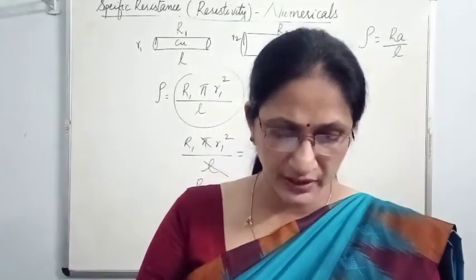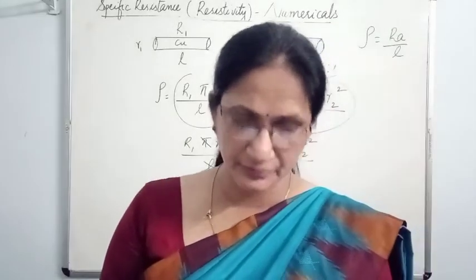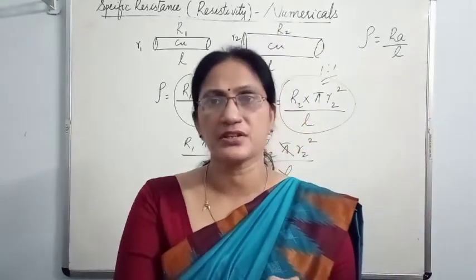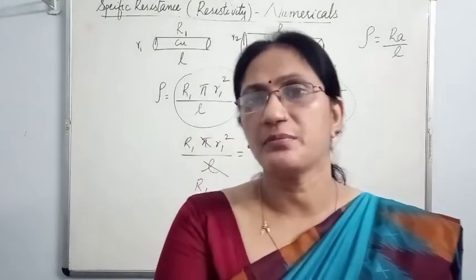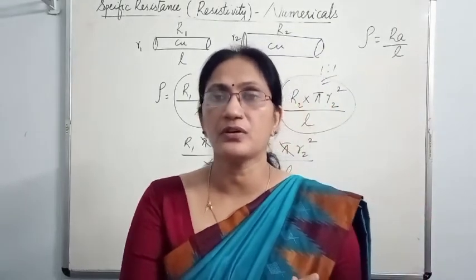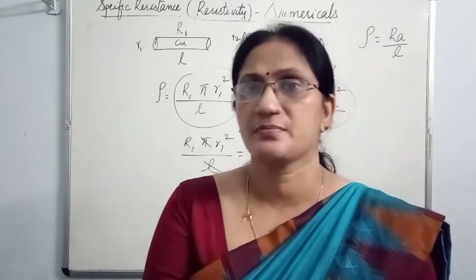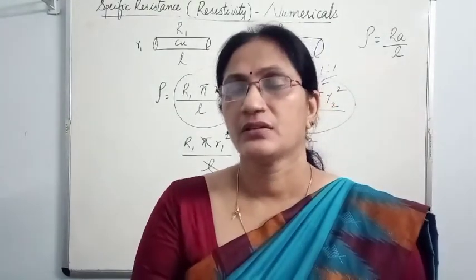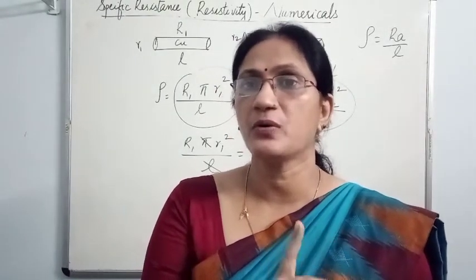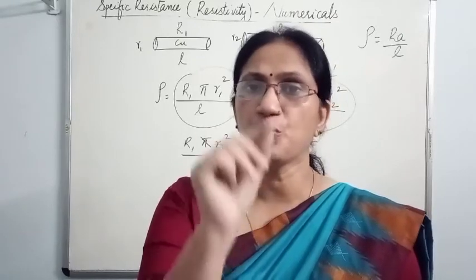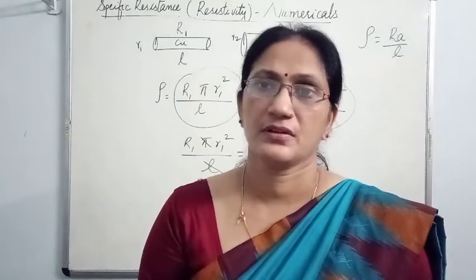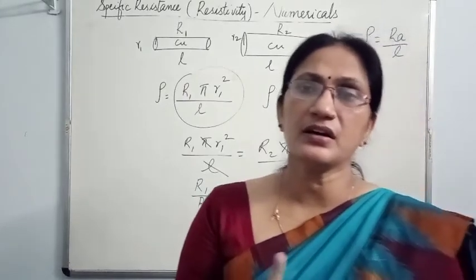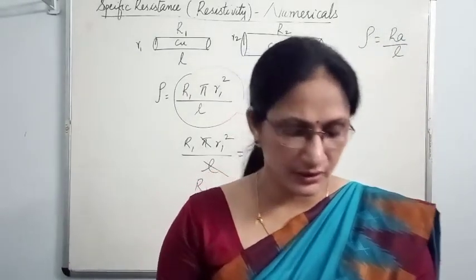Again same page, question number 10. What is the difference between potential and potential difference? You have to just give the definition of electric potential and potential difference. Electric potential means it is the measure of amount of work done by unit charge, means one coulomb charge, to move from infinity to a particular point. Then potential difference means it is the amount of work done by one coulomb charge to move between two particular points. That is potential difference. Both electric potential and potential difference are the measure of work done.